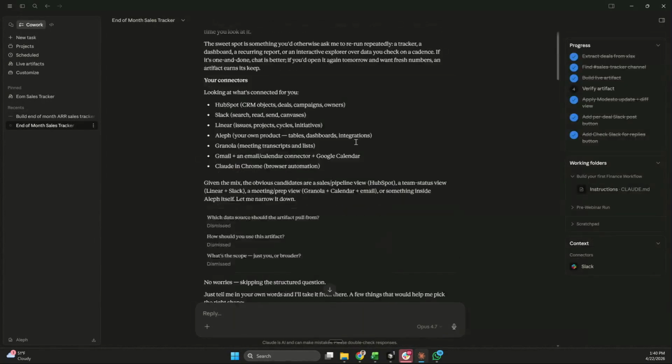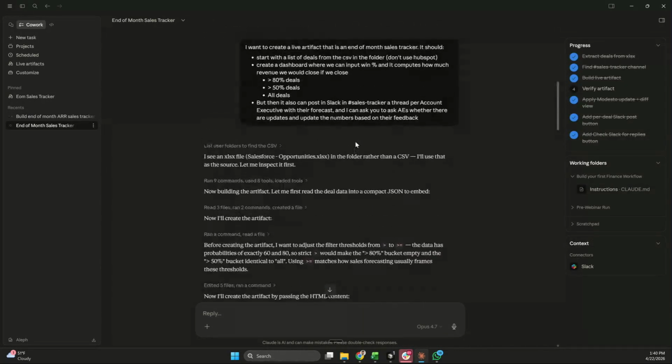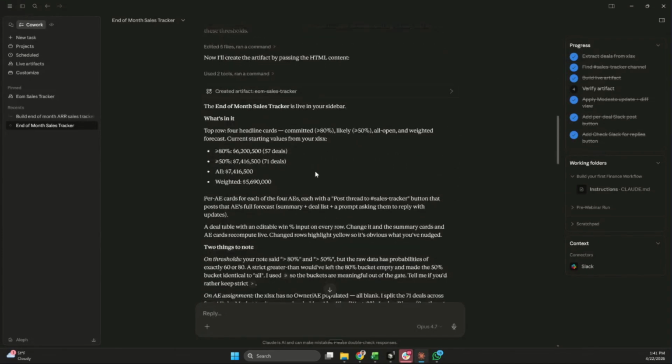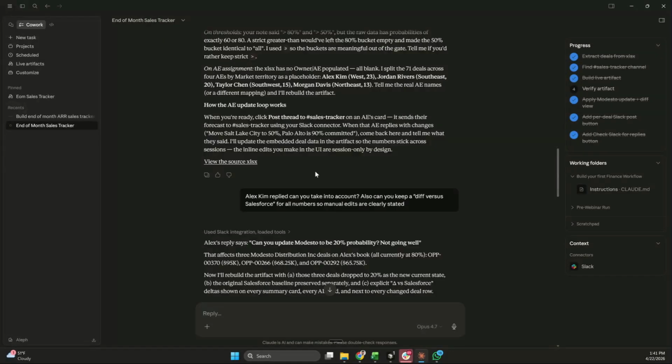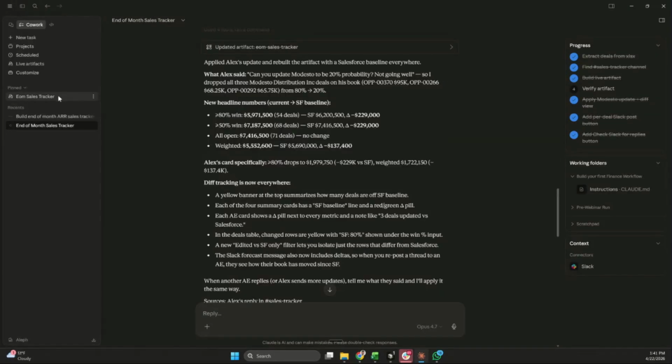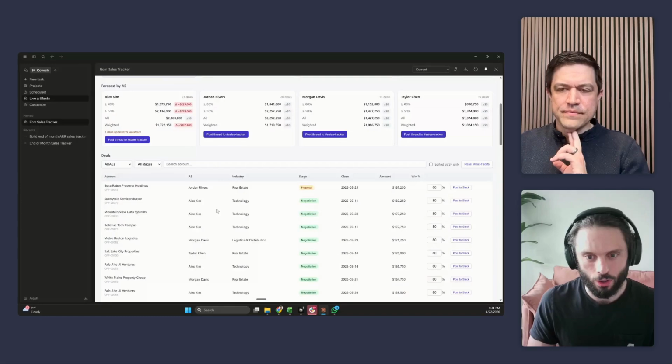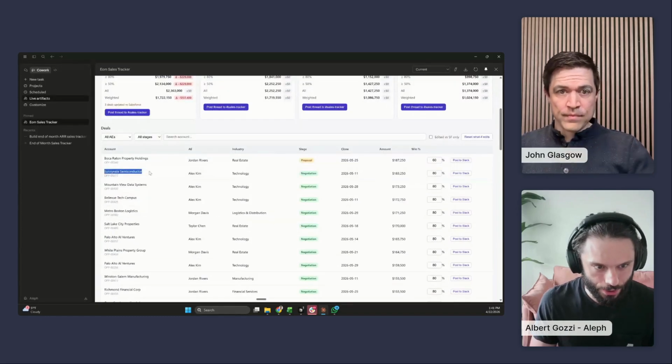One of the things you can see is the prompt I started with when I ran this earlier this morning just to test how it works. It's very clear and very similar. It probably did a worse job putting this together, and I think this took 5 to 7 minutes. But once we're there, this is what I got: a tracker with all of the deals that I had in the spreadsheet.